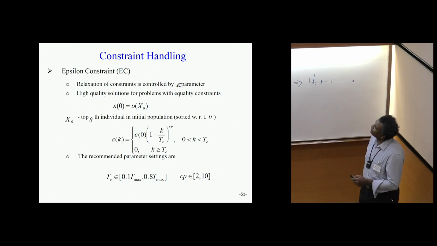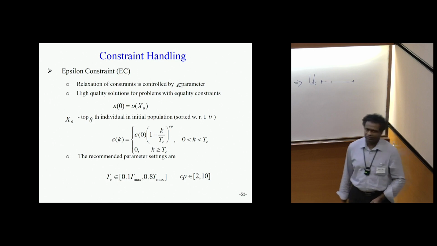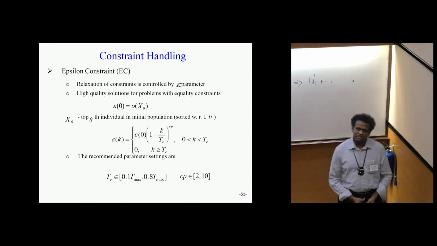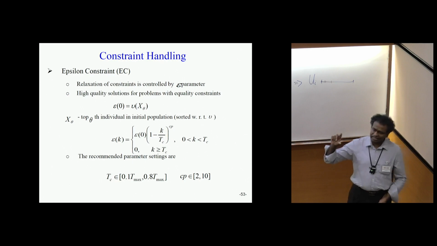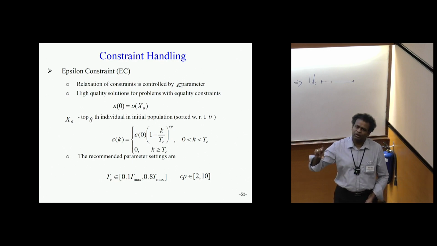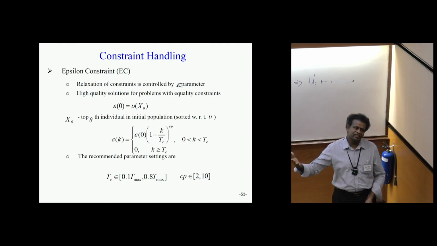Here we try to come up with the epsilon value for the constraint violation. What it tells you is that if your constraint violation is smaller than epsilon, we are going to take this as a feasible solution